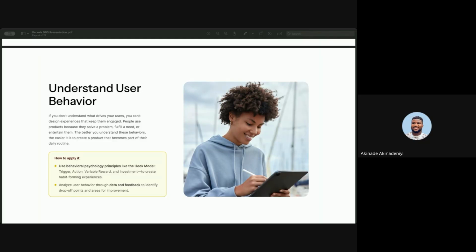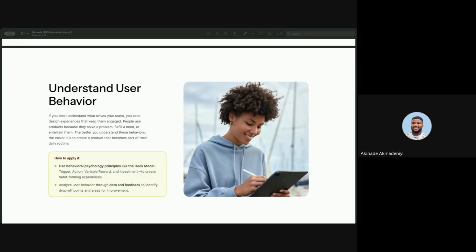People use products that solve a problem, fulfill a need, or entertain them. So the better you understand this behavior, the easier it is to create a product that becomes part of their daily routine. I'll give you an example. Instagram. Think about why you keep opening Instagram multiple times in a day.